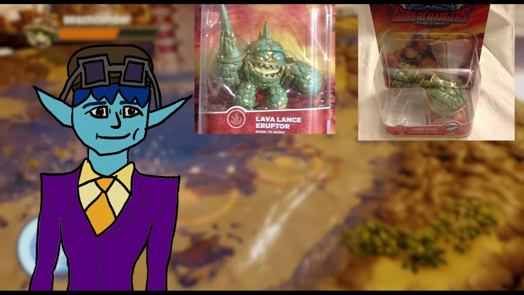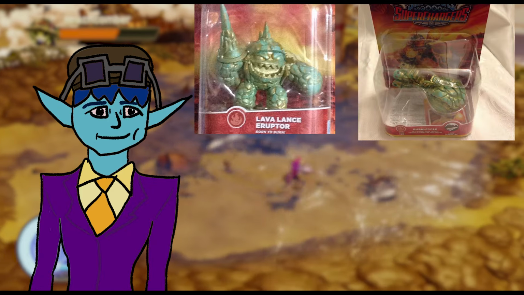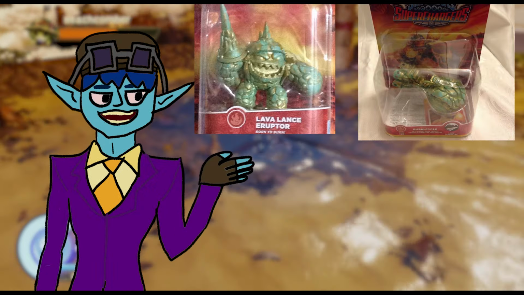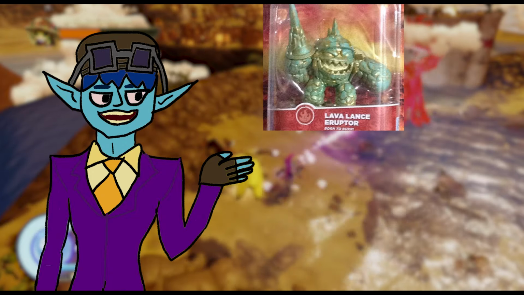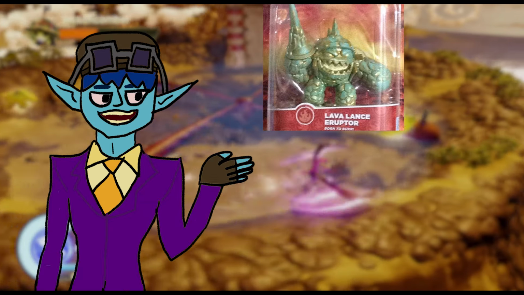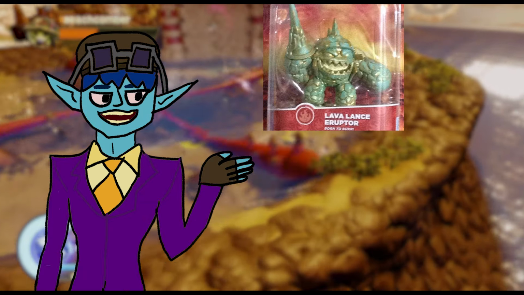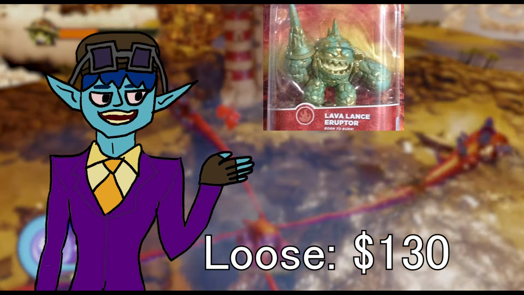Patina Lava Lance Eruptor and Patina Burn Cycle combo are next, and while Patina Burn Cycle was so common you'd find it at every corner drugstore, Patina Eruptor was also gone. Had to go on eBay UK a second time just to find an active listing of him in box. Anyway, loose Patina Lava Lance Eruptor comes to $130 loose, of course, and the big incline of